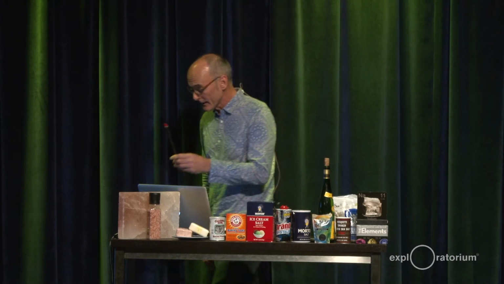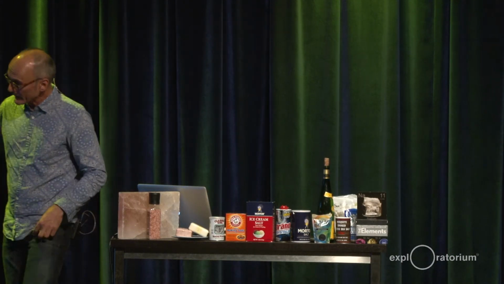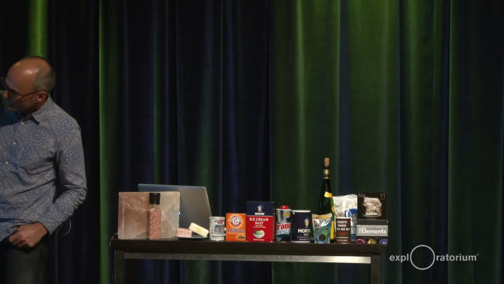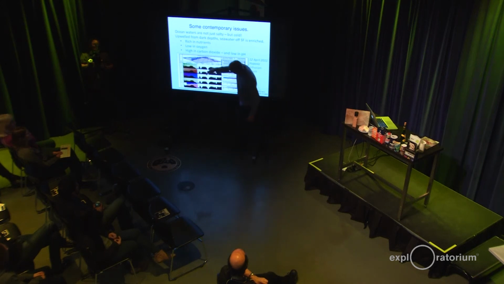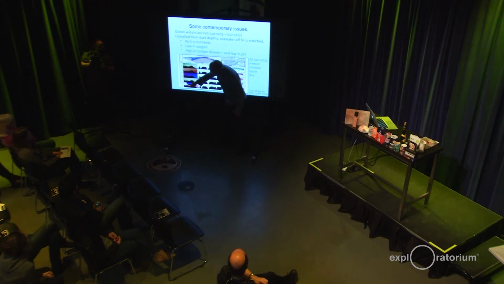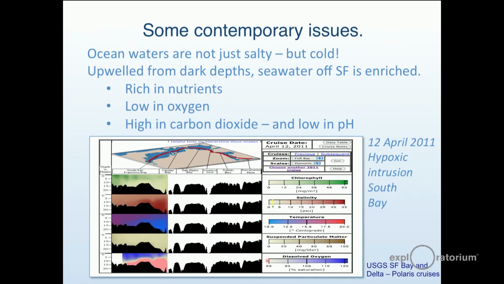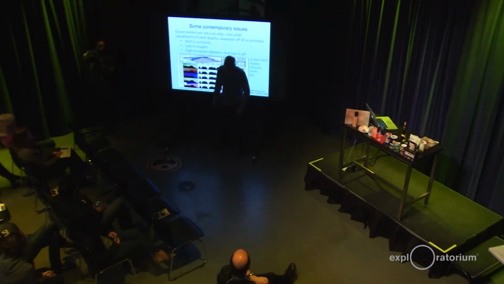And here in 2011, April 2011, March 2011, the USGS goes out once a month and does a survey. That's the last time we had good river flow. And this is again a section only looking at South Bay, but you can see this pink, which is oxygen levels below 80% of saturation, getting down to values which are of concern to wildlife. And you can see this wedge of pink water, which is a wedge of salty water and a wedge of cold water stretching into South Bay.